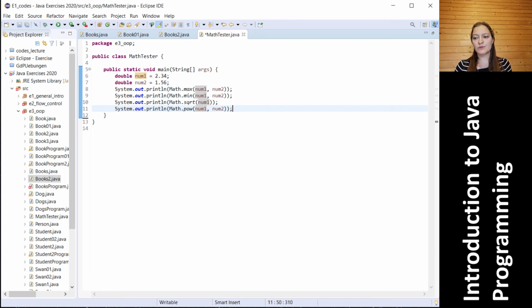And I advise you to have a look at those methods. Let's say that this is part of your homework, to have a look at those methods and define what kind of functionality, what kind of methods from these classes can be useful for you